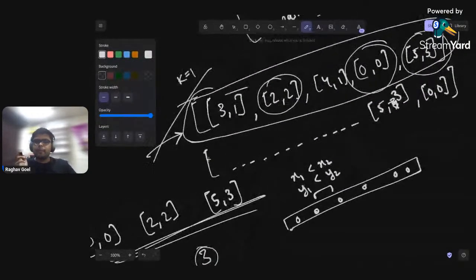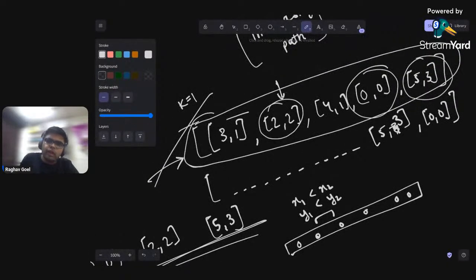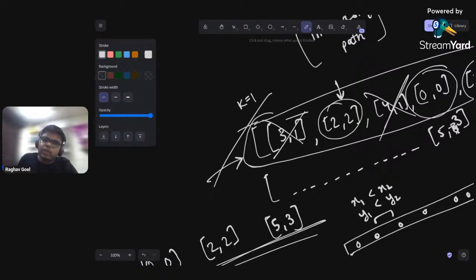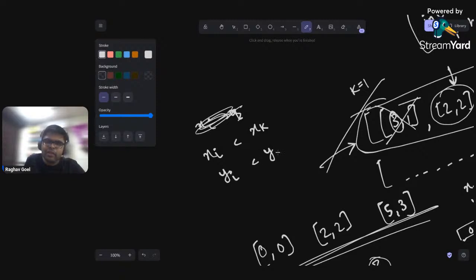So the answer here should be 3, and that is the case. Since we know that we have to pick up this point in the increasing path for sure, can I say that I can easily remove some points? The points in which xi is less than xk and yi is less than yk,